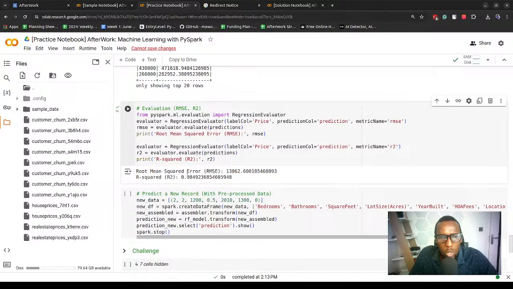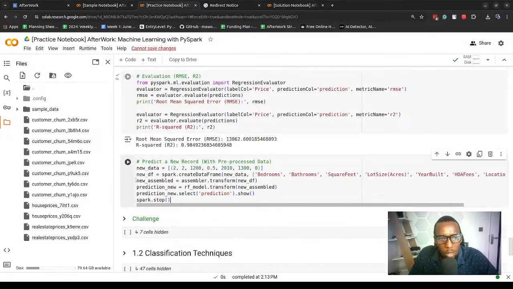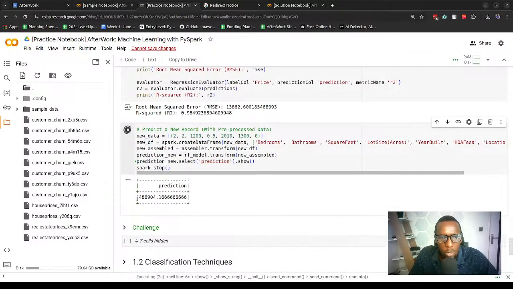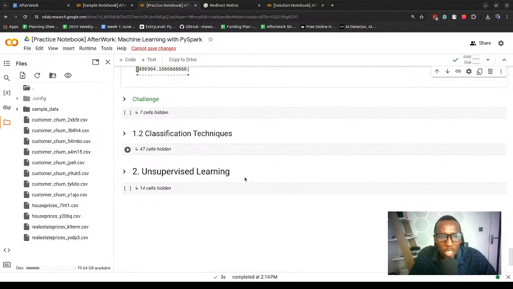R squared closer to 1 is okay. You can also compare this with the average. We haven't done that, but we could always do the same thing. And we perform prediction with new data, and we get 486, and voila, that's it. Pause the video and then work on the challenge for the random forest. All right, so we're done with